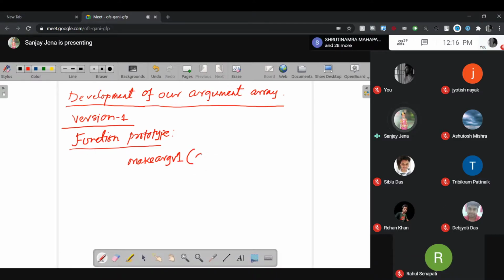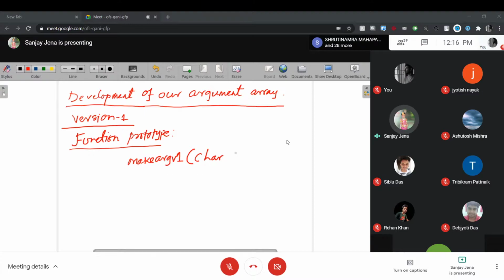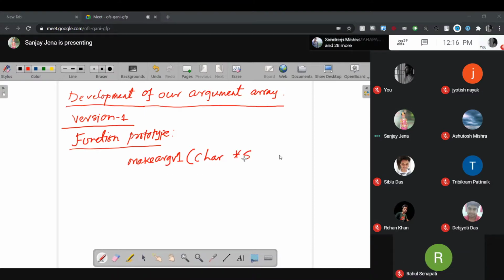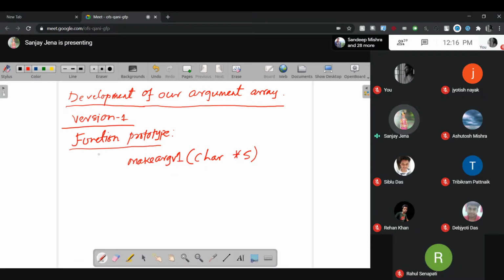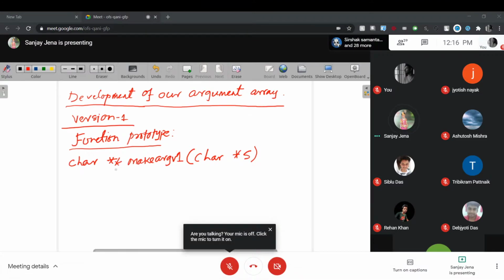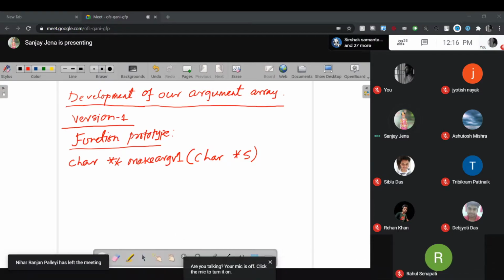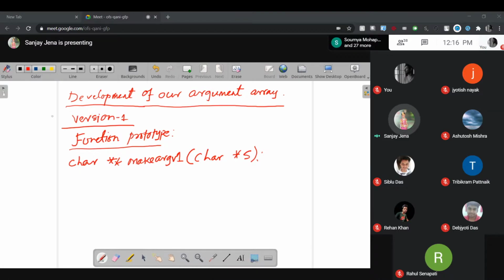You give the input as a string, and this will return a pointer to the argument array. Is it fine? This is the function prototype to be used in your main.